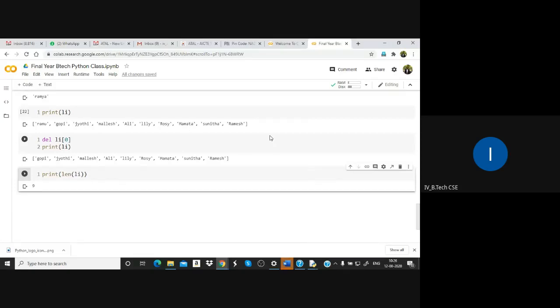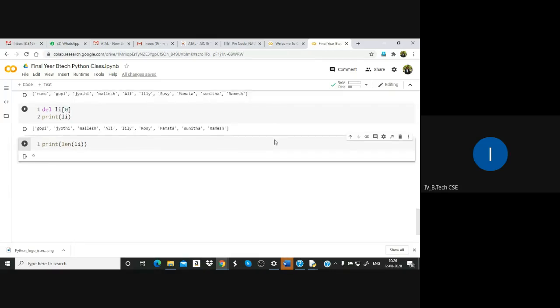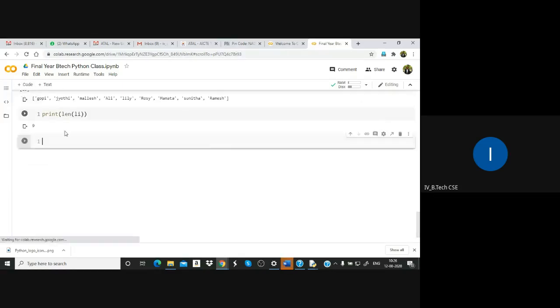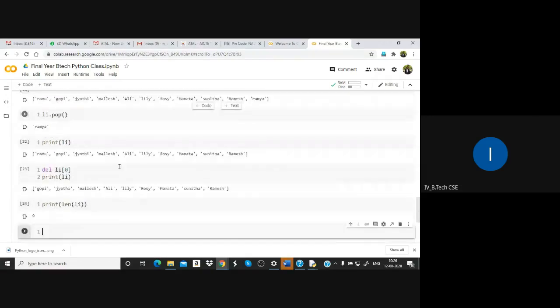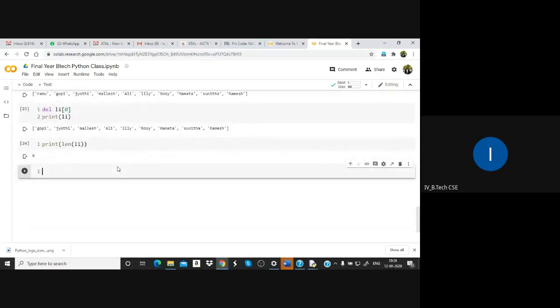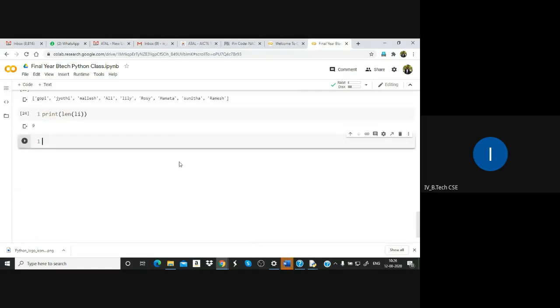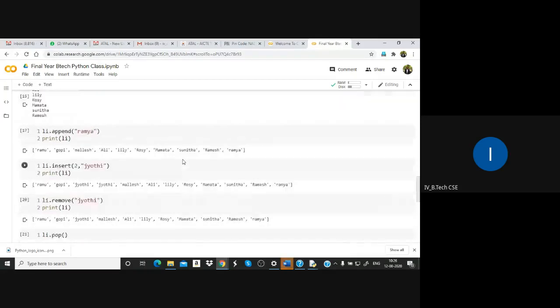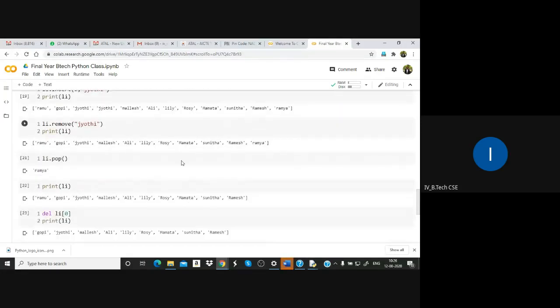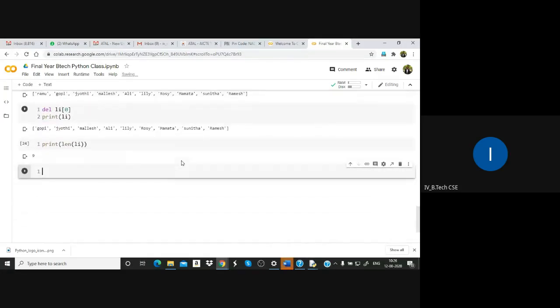So these are the basic functions that are associated with a list: append, insert, remove, pop, delete, length.